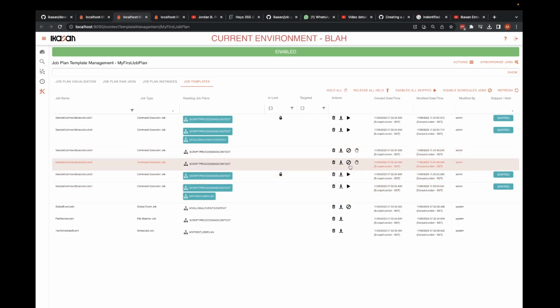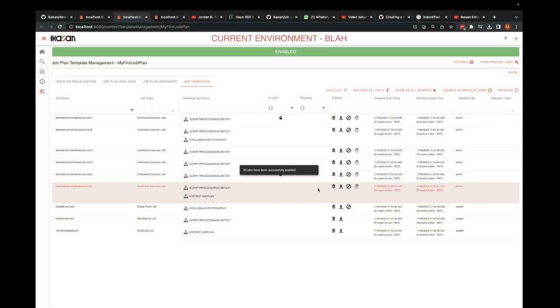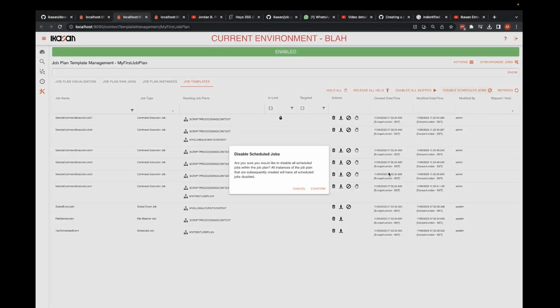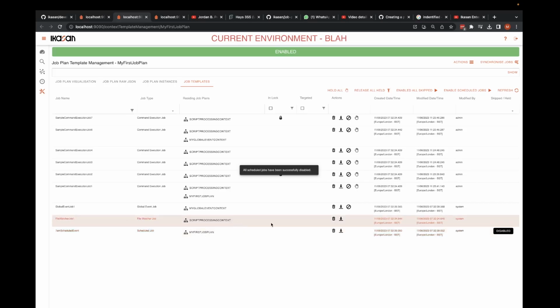So once again, you've seen me skip individual jobs. You can release individual jobs, or you can just release all of the jobs in the job plan. Enable all skip jobs in the job plan with a single click. There's also the opportunity to disable all scheduled jobs. So this is basically any job that's a time-based job. So we know we've got a scheduled job here that fires at 7 a.m. If I disable that,